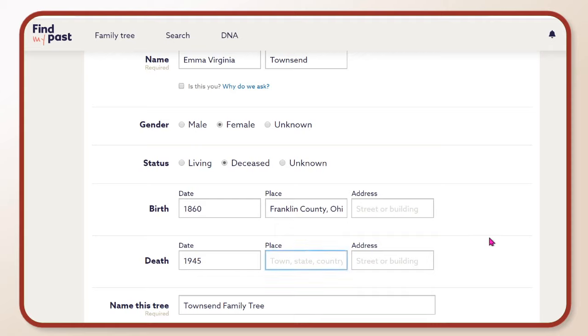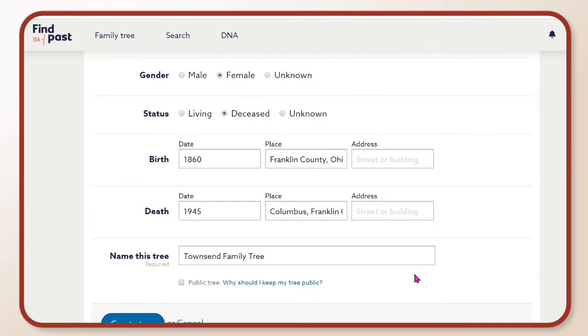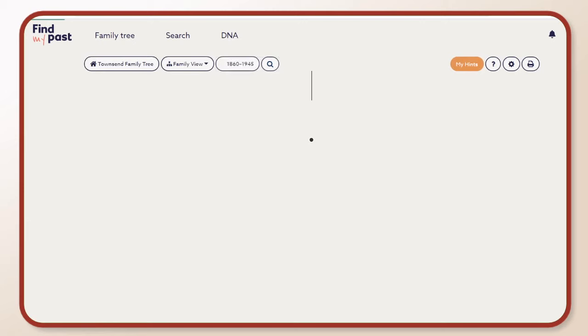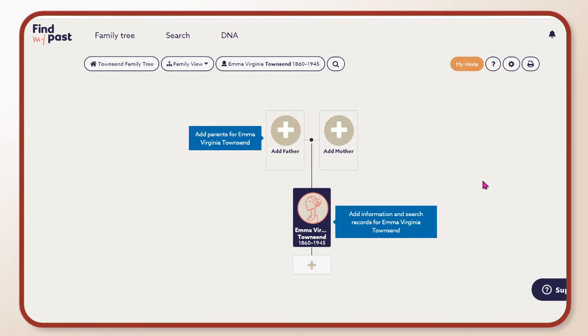Anyway, I do know that she died in Columbus, Franklin County, Ohio, because she was living at my grandma Louise's house because her son, my grandmother's husband, was serving in the military. So I can go ahead and start creating my tree. 1941. Thank you, guys. I knew it was 41, but sometimes you think you know stuff and then you start doubting yourself. That's what was happening.